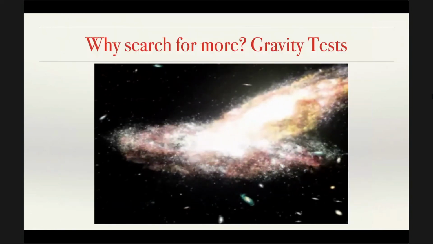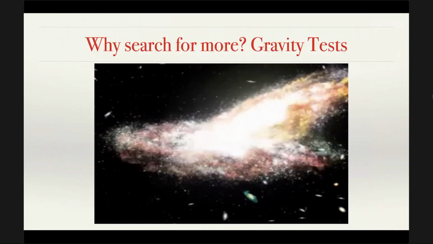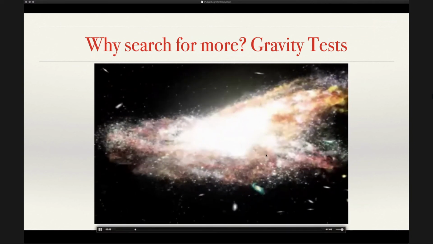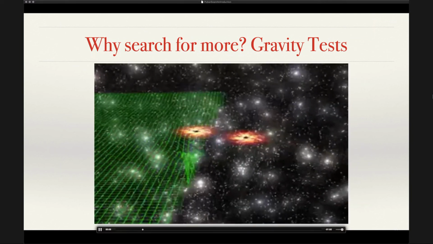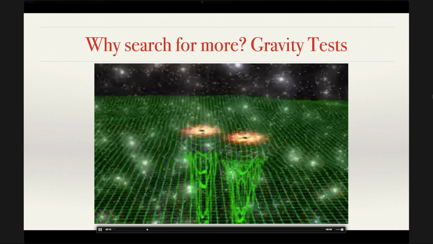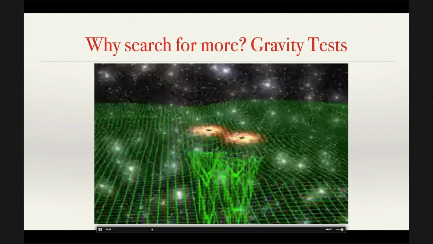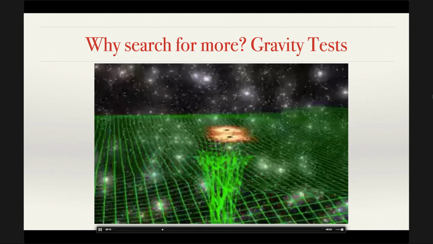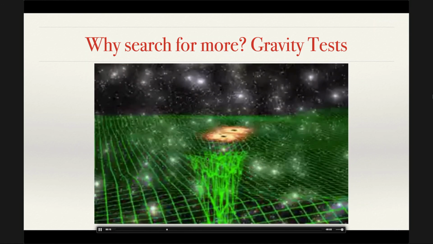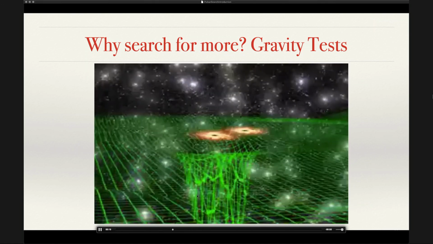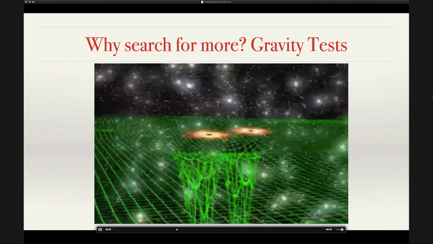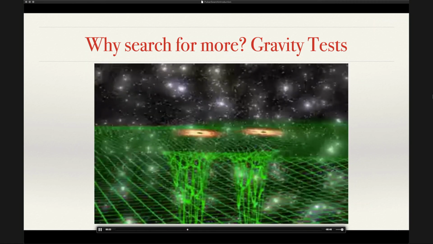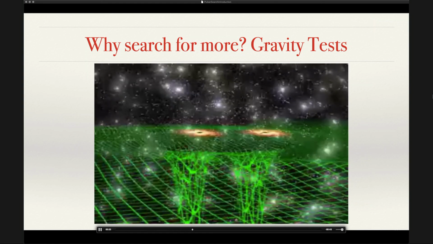And here's a little video that just gives you an idea of what this means. If we have two galaxies early in the universe and they merge together, and we think those galaxies are likely to have black holes at their center, then when those two galaxies merge, the black holes will start to orbit each other. And as they orbit each other, this green region shown here corresponds to the emission of gravitational waves, and those gravitational waves will travel